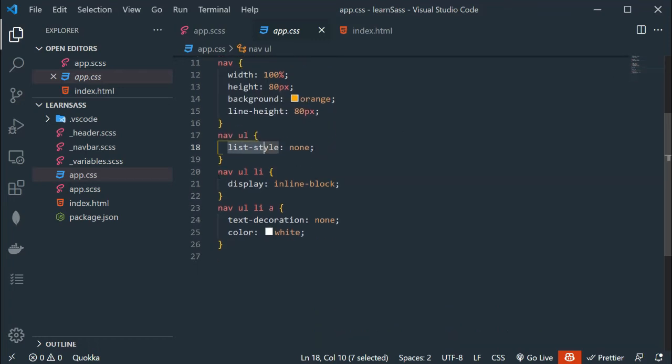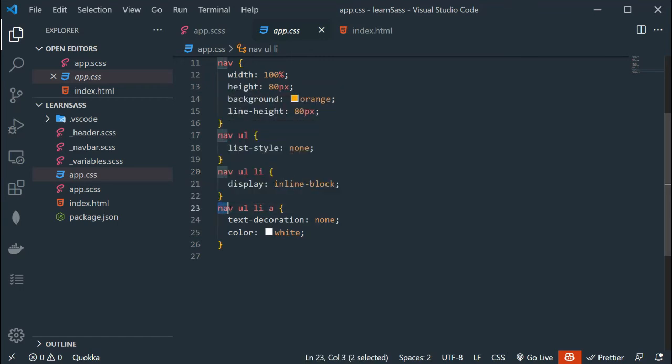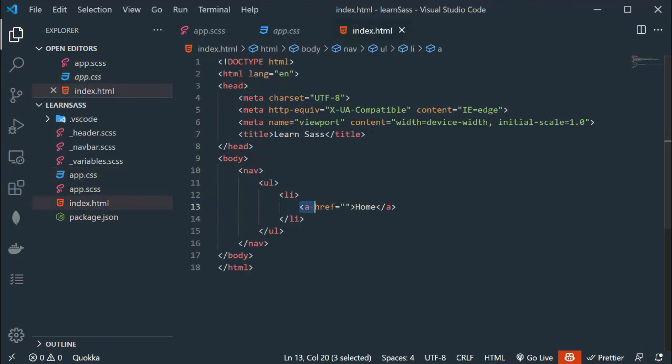After that we have nav ul li, and finally we have nav ul li a, and a tag basically has this code. Understand?